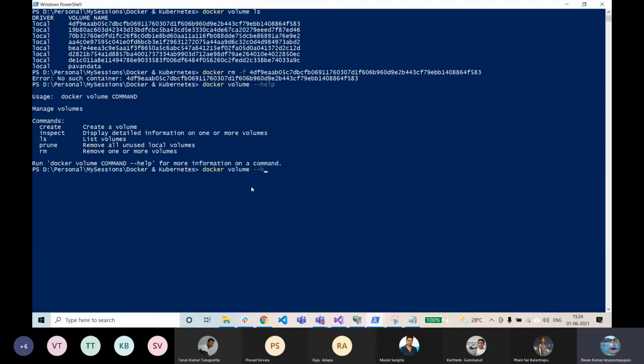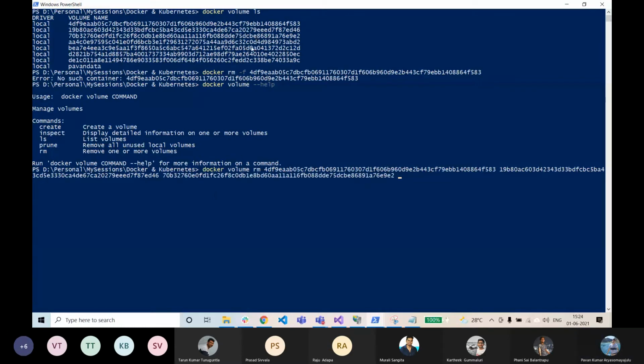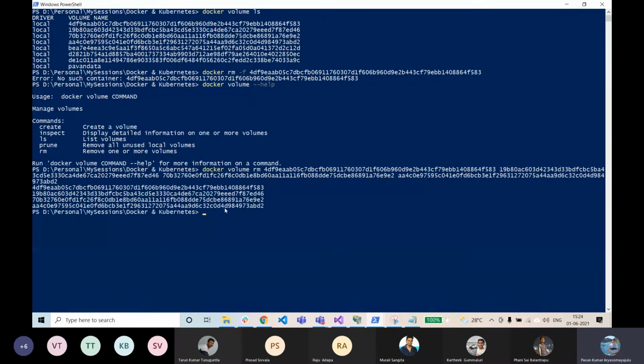So Docker volume. So one thing, as I mentioned, it is actually a bit difficult to track these anonymous volumes, because we don't actually know to which container these volumes are associated, because it actually creates this particular name on the fly.